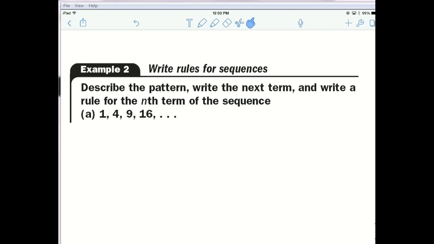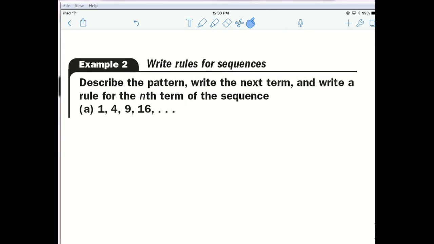So your task is going to be to write rules, and that's really the hard part. We'll have some shortcuts when it's specific types of patterns, but here's an example of one. We've got 1 going to 4, going to 9, and then going to 16. First thing I look for is if there's any noticeable pattern when it comes to how much it's going